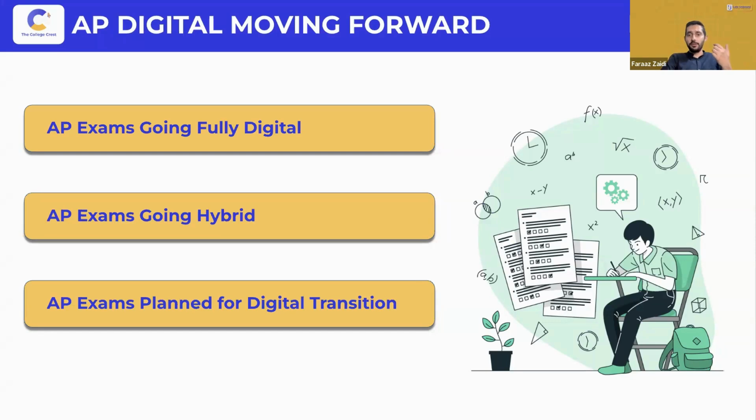This is going to be fully digital, and has been fully digital since its launch. It really focuses on project-based assessments and digital submissions of the create task. Apart from that, your AP Seminar, part of your AP Capstone program, includes a performance task and a digital exam component. AP Research itself is also going to be completely digital. And then you'll have AP Environmental Science, which has gone fully digital from the year 2023.